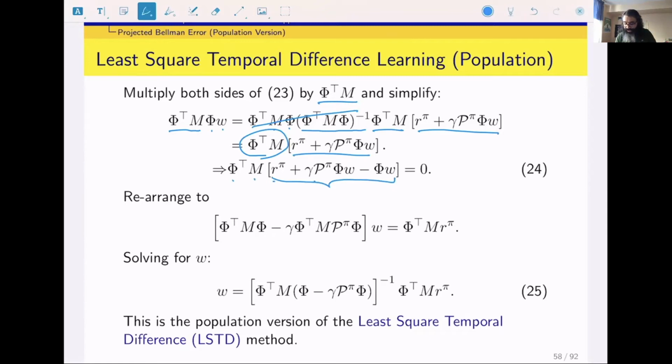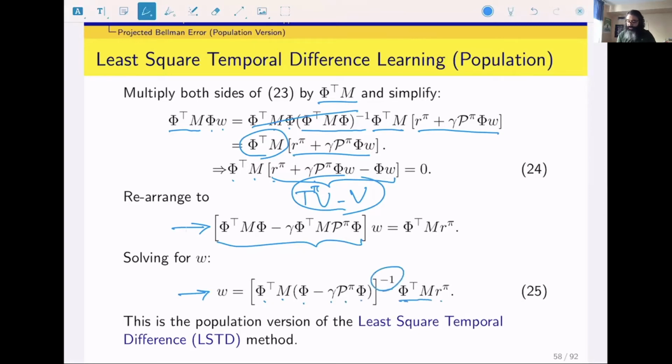So this is saying how much T of V is different from V. So this is the Bellman residual. We can rearrange this again to have w's on one side and reward on the other side, because we want to find the w. So we get to this equation, and then we take the inverse of this in order to get to the solution that w would become phi transpose M phi minus gamma P pi phi, the whole thing inverse, times phi